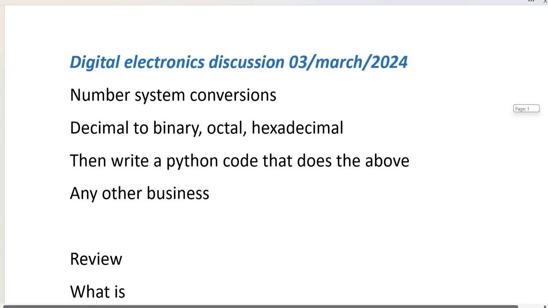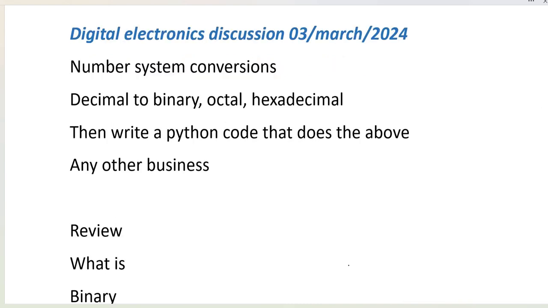We are going to look at number system conversions, and we will look at decimal to binary, octal to hexadecimal. Then we shall write a very simple code that helps us to do the conversion from binary to octal and to hexadecimal. So the reason why we need to understand the number system is, first of all,